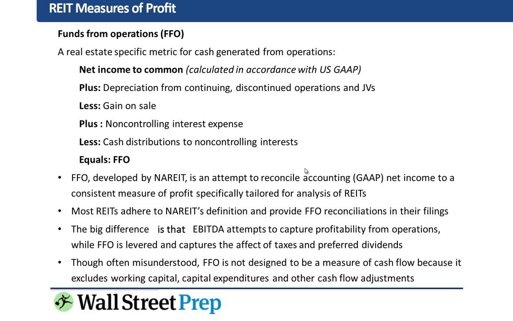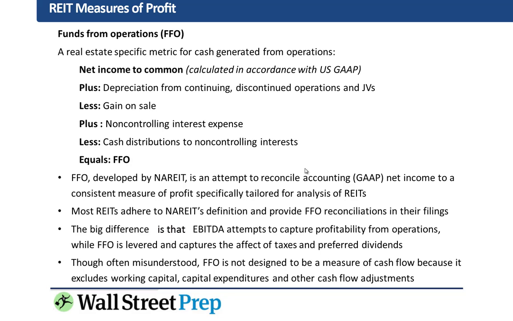And we add depreciation from continuing and discontinued operations, as well as depreciation from JVs. That's the major non-cash add back. And that's consistent with, I suspect, many of your past work in forecasting free cash flows, etc. Less gains on sale. Gains on sale are non-cash income that affects the income statement. We want to back out the gains on sale, and for REITs, that's pretty significant, so we subtract that from